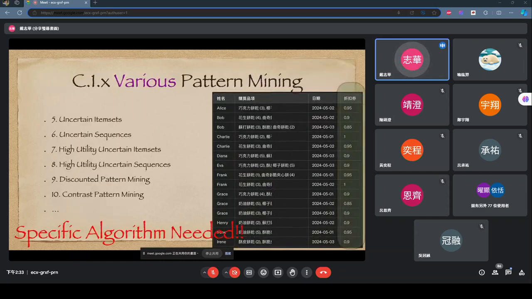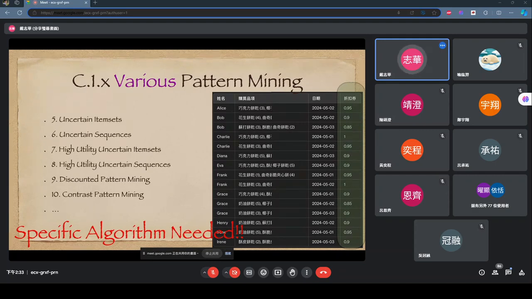But no matter whether it's pattern mining or association rule mining, most people are not so familiar with this kind of mining task. It is not as well known as the prediction task or classification task. The reason is that